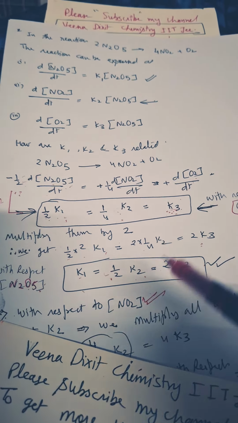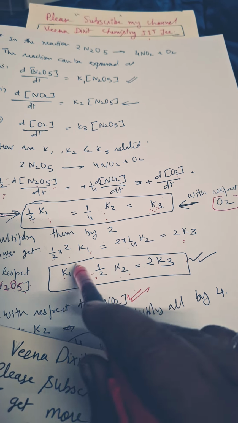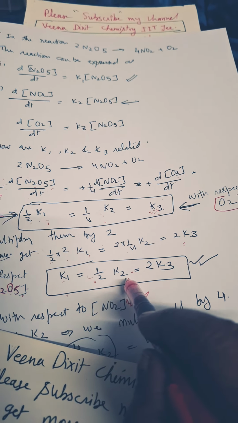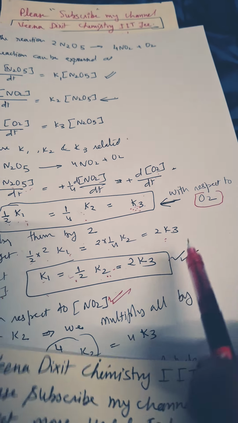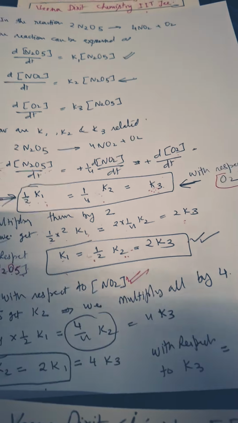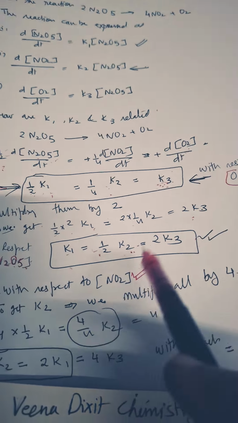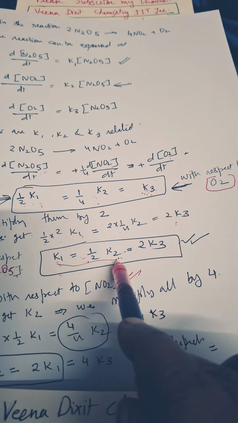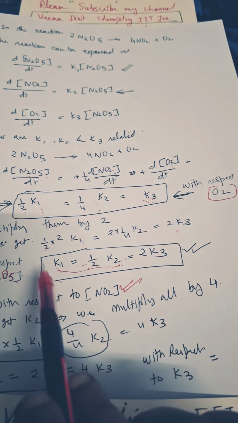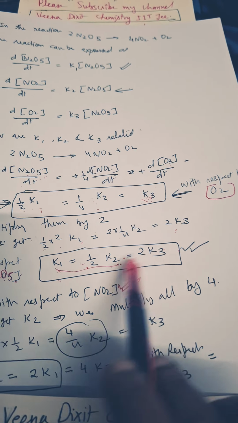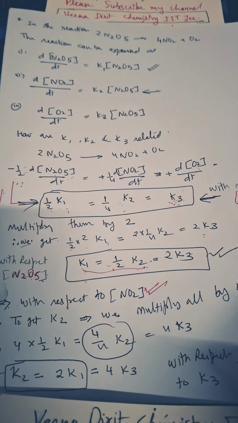Sometimes they will give us only the simple one. So you have to be very clear: first you write it down, calculate, and then you have to answer it, checking what options they have given, because it always comes in MCQ. So half of the portion they will give. With respect to K3 they can give you anything, with respect to K1 they can give you anything. So you have to search what is given to you.